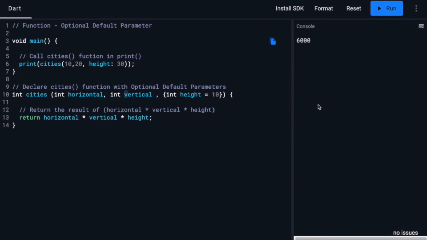Let's summarize what we have learned. Default parameter is useful when you want to use parameter value, but you don't want to send this value every time. Default parameter value sets value to specific value. An optional name parameter is not sent to any value. Now, try a practice example for yourself in Dartpad or locally and see the different results and outputs.